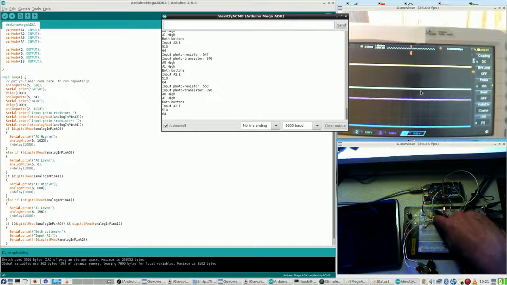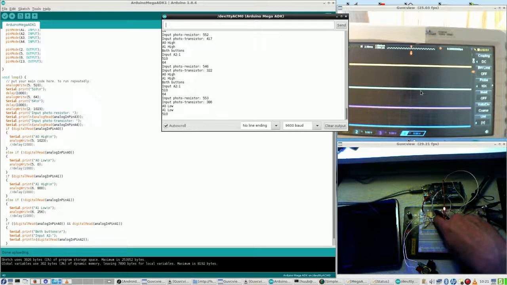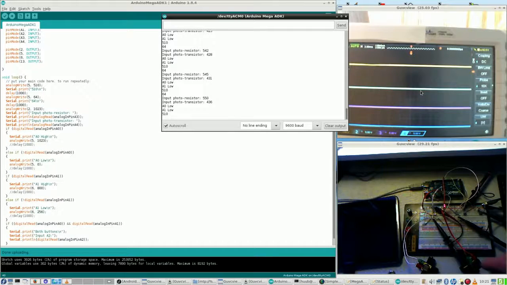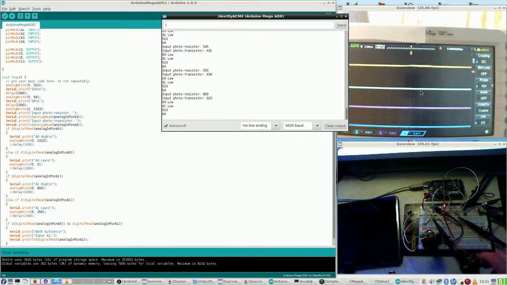Input A2 is 1, and that is exactly what I like it to be. So these two are nice additions,